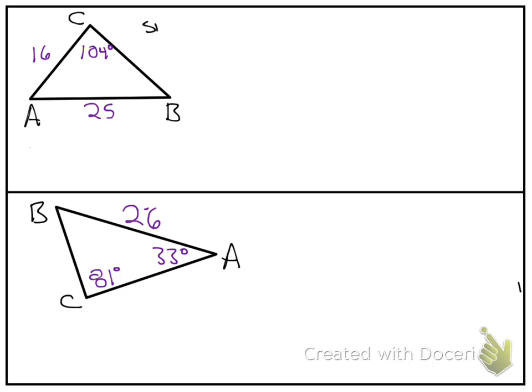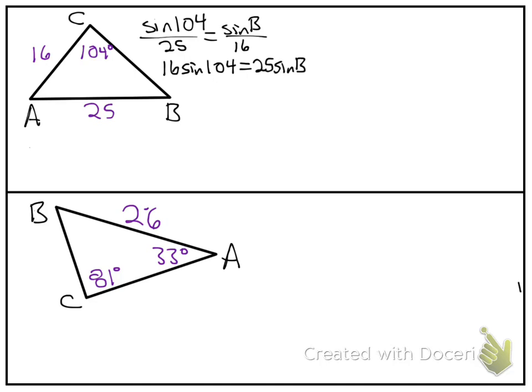I'm going to say sine of 104 is to 25 as sine of B is to 16. So that's using my law of sines to set up the proportion. Now with cross product, I can go 16 sine of 104 equals 25 sine of B. Then that becomes sine of B equals 16 times sine of 104 over 25. Now I'm going to simplify this. I'll plug this into my calculator: 16 sine of 104 divided by 25 gives me about